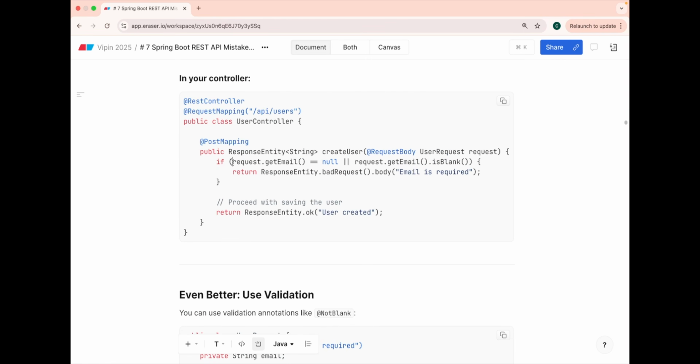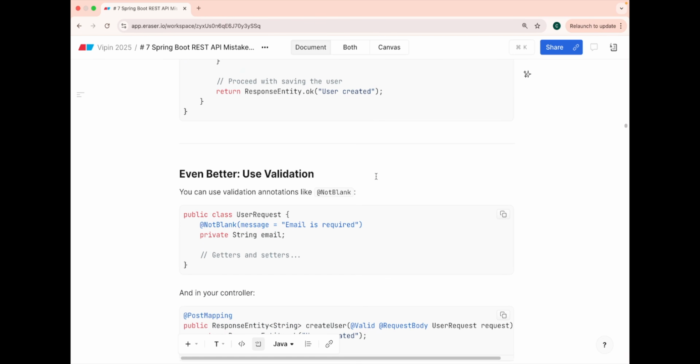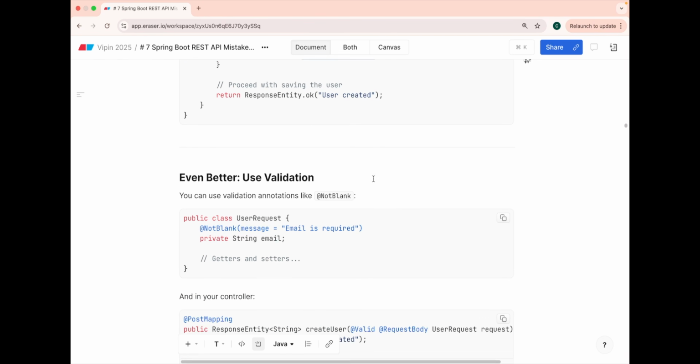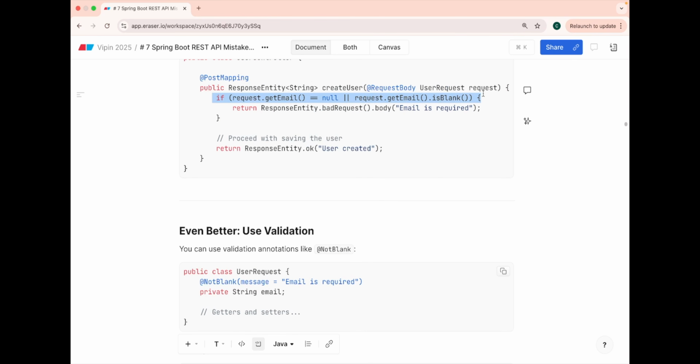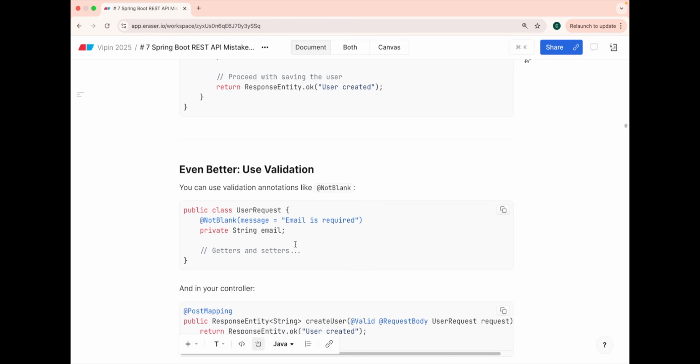And in the controller, you just check whether it is blank or not, or whether it is null or not. If it is, then send a response entity with a body saying that email is required. Otherwise, you go and create the user object. An even better way is to not use this if-else condition in the controller, which makes it cumbersome and removes the single responsibility from it, by having it handle the request and also do validation. You can do validations externally.